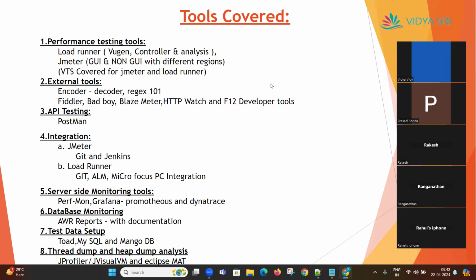So from my end, it has a very good demand in the market, and growth is also very huge, because I am working for the last 11 plus years in only performance testing. I have not even learned any Selenium or automation or development or other things. Only with LoadRunner, JMeter, and NeoLoad tools, I'm working for the last 11 plus years. For me, it was very good. So yeah, I can say in the market also it is very good, but my suggestion, one thing from my end is,